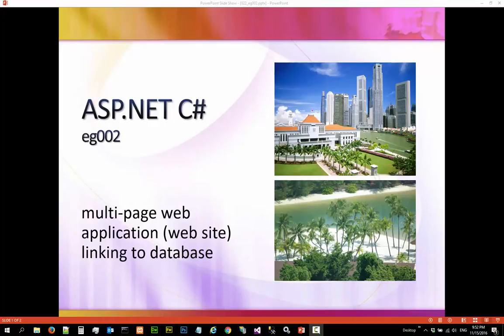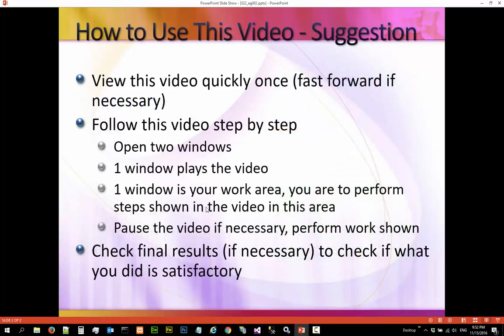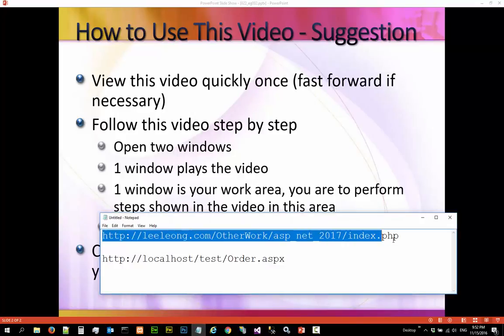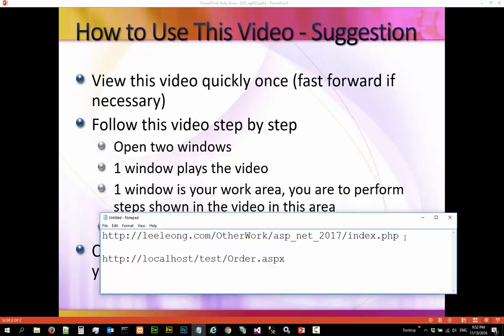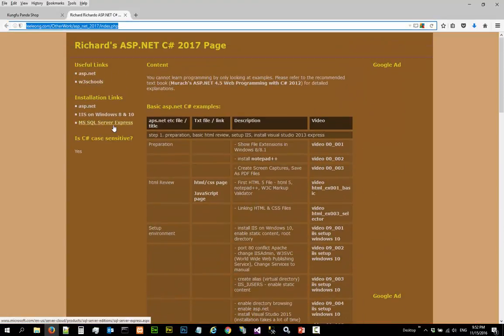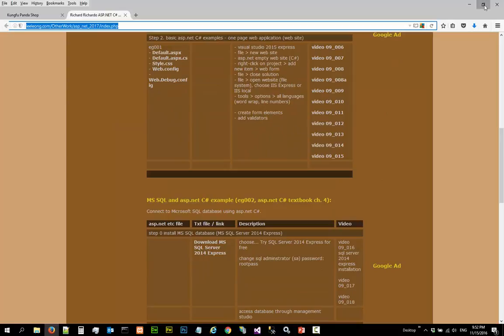Hi, in this video we are going to continue the creation of the multi-page web application. This is a list of suggestions how you should use this video. The notes for this video can be found at this URL, which is loaded here, and the code for this